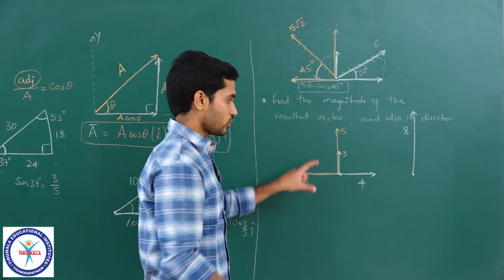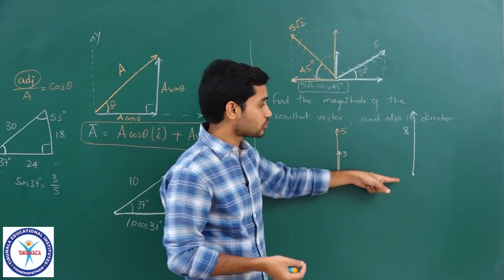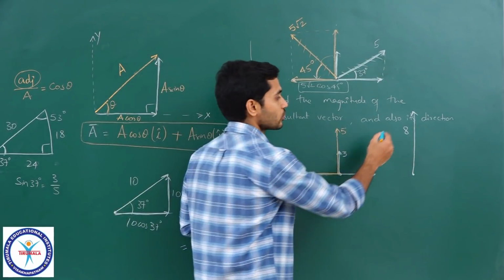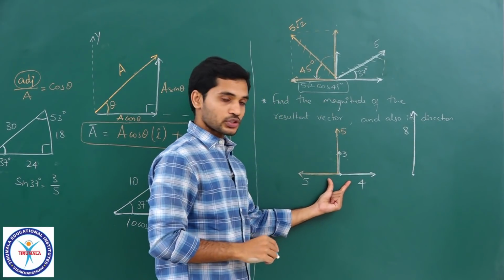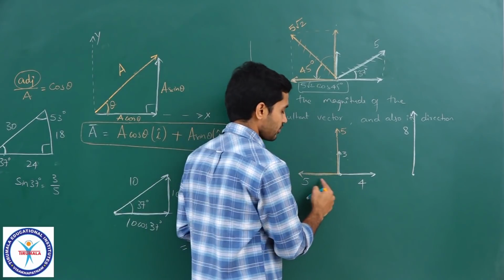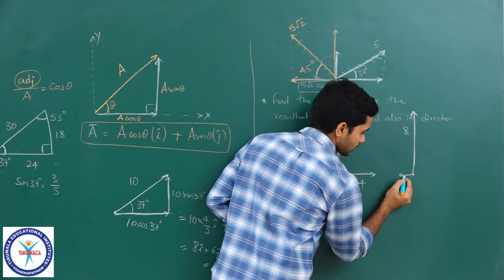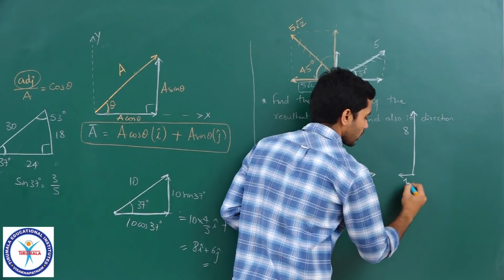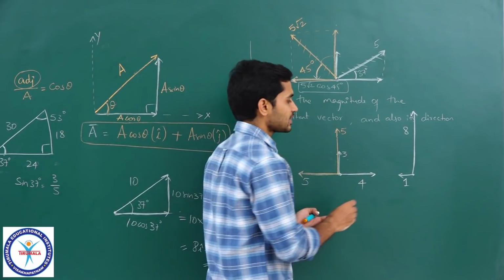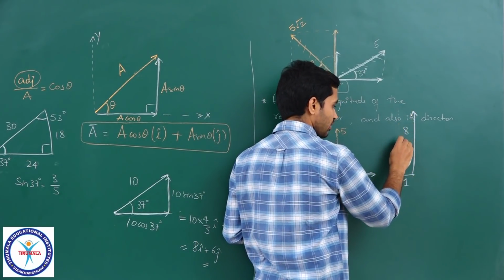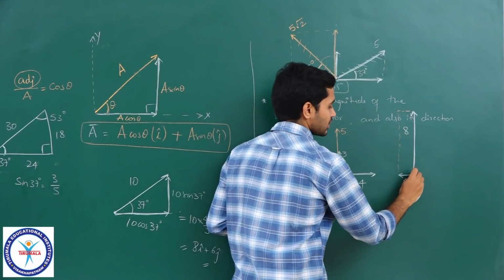Understand, I am drawing it bigger because the vector's magnitude should be represented by the length of the vector. So this is 8, 5 plus 3. Now what is the addition of these two? 5 and 4, 1, right? 5 minus 4 it becomes, because they are in opposite directions. So that would be like this, correct? And the magnitude of this would be 1. Now you can find the resultant of these two. This is also very simple. We can directly say that if you want, you can construct a parallelogram like this, which becomes a rectangle in this scenario. After you construct a parallelogram, the resultant will be like this.